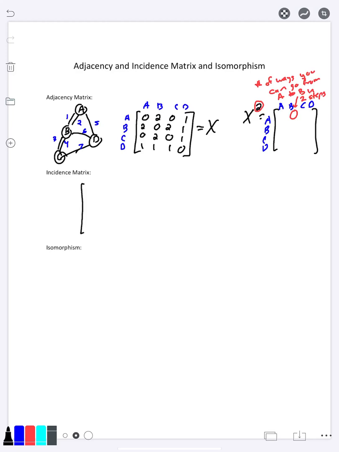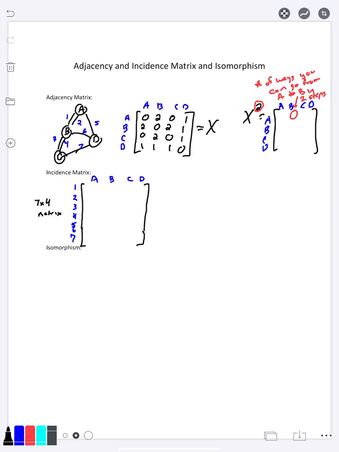And you can do this either with rows or columns here. I'm going to do it with rows. So I'm going to have a 7x4 matrix. And what this is going to be is each row is going to correspond to one of your edges. Just going to need a little more room here. And then across the top, I'm going to write down the vertices, and then what's going to happen is edge